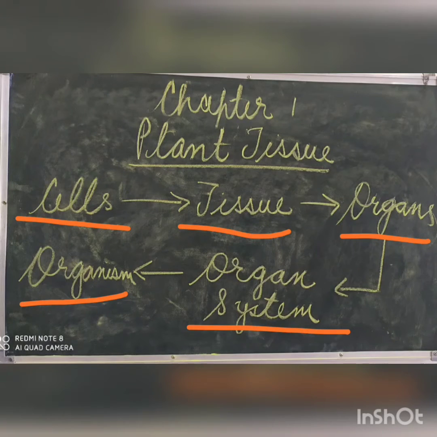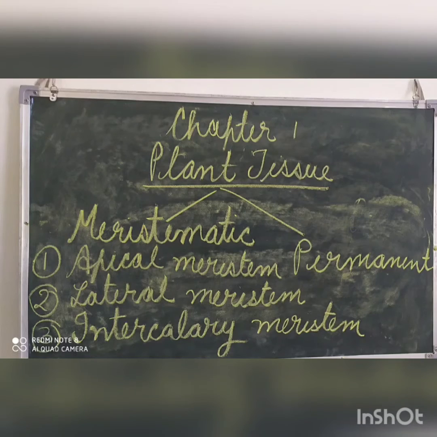In multicellular plants such as herbs, shrubs and trees, different types of tissues combine to form complex plant organs like leaves, stem, roots, flowers, fruits, etc. The tissues in the plant body are broadly classified into two types: the meristematic tissues and the permanent tissues. Meristematic tissue is a group of actively dividing cells mainly located at the growing tips of the roots, stem and leaves. On the basis of their location, the meristematic tissues are of three types.